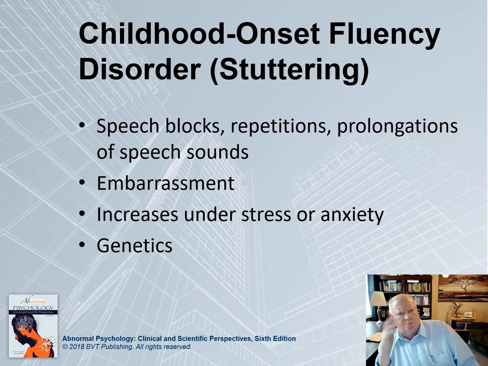Probably a variation of speech sound disorder is called childhood-onset fluency disorder, although you know it by another name. It's stuttering. Many people who stutter as children are able to overcome it as adults, including a lot of people that you see on television a lot. You would never know that they stutter. Stuttering is simply a repetition of sounds while trying to move on to the next sound. So they're trying to say a word, and one of the sounds in the word is being repeated.